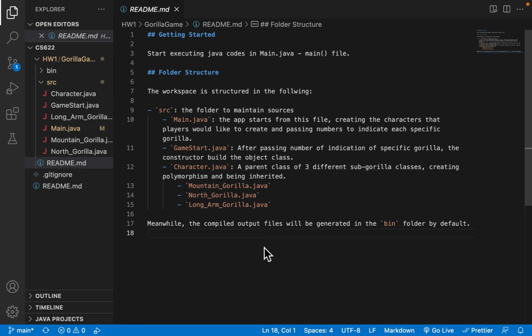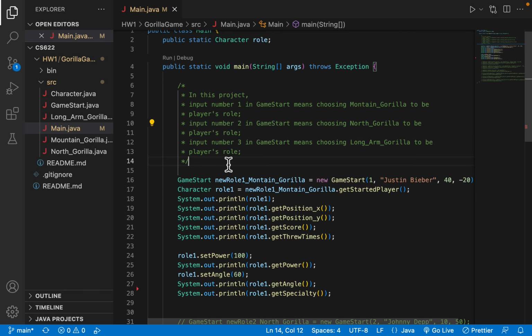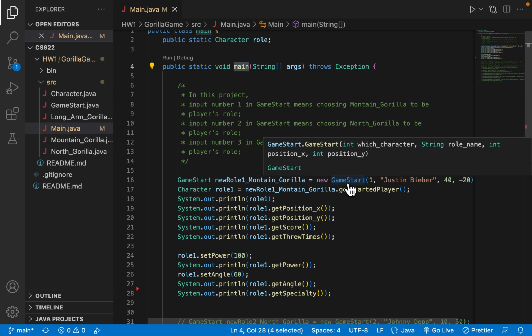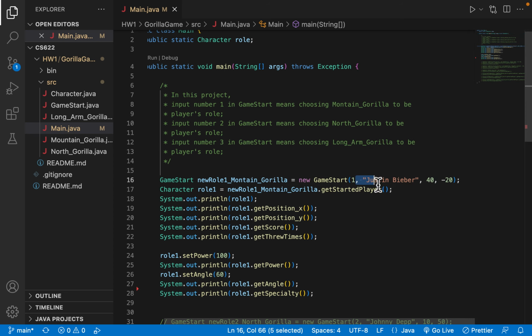My first assignment starts from the main Java. After all, the main Java, the method main will execute and create a new starting object and then pass in the intended created